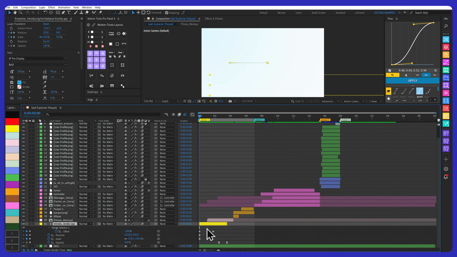Hit U to see their keyframes. So at the beginning of the timeline make a keyframe on position and scale, and just like this set the scale at the highest to zoom in for the first word as introducing. So you have to make sure the entire edit, this word introducing is in the center of the composition at